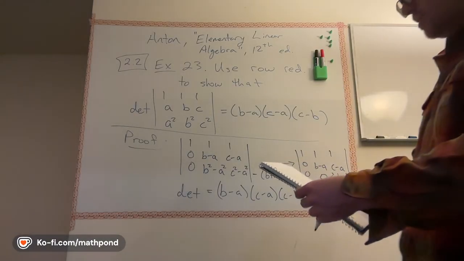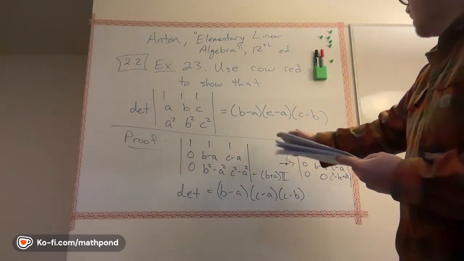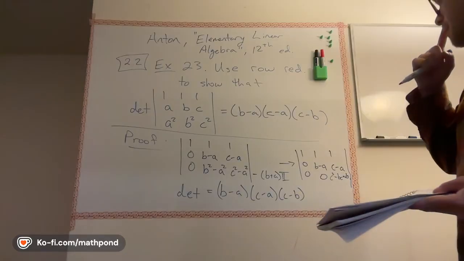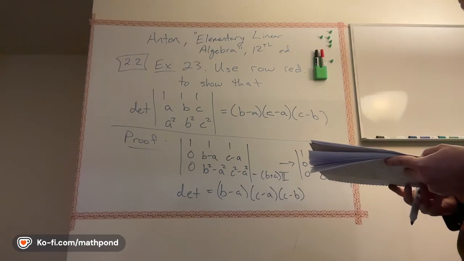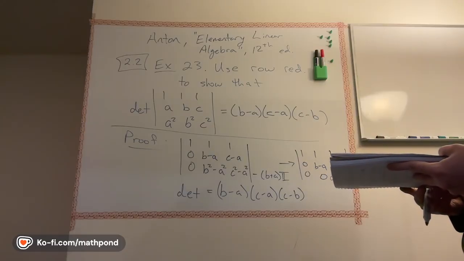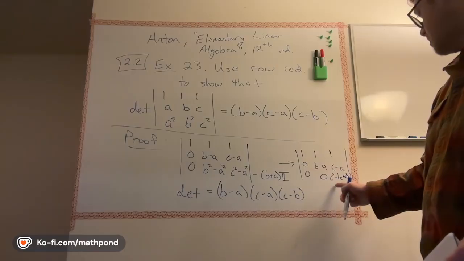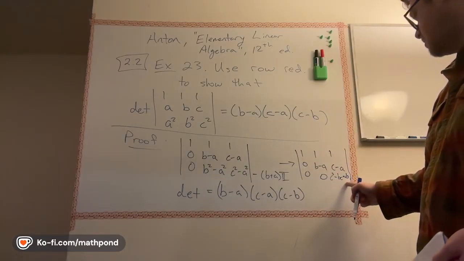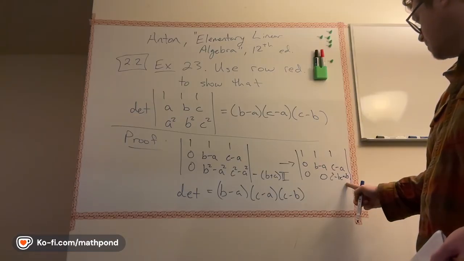I think I just wrote this. This is just a typo at the end, right? C minus A, C minus B. Oh, no, that is what we want to show. B plus A. C squared minus A squared plus A squared. C squared minus BC plus AB. That seems right. But then, so B minus A times C squared minus BC plus AB, that factors as C minus A, C minus B.